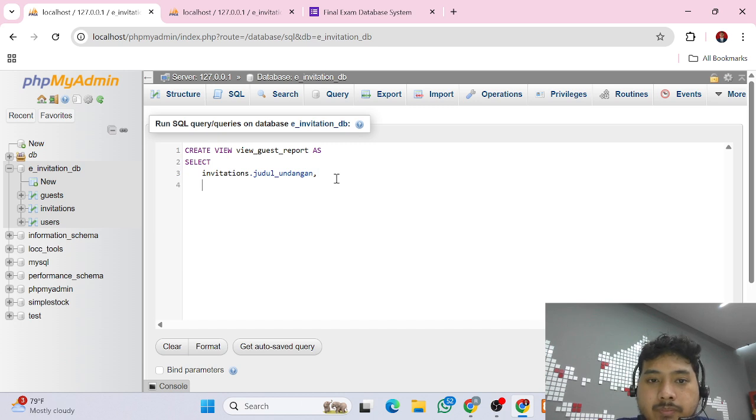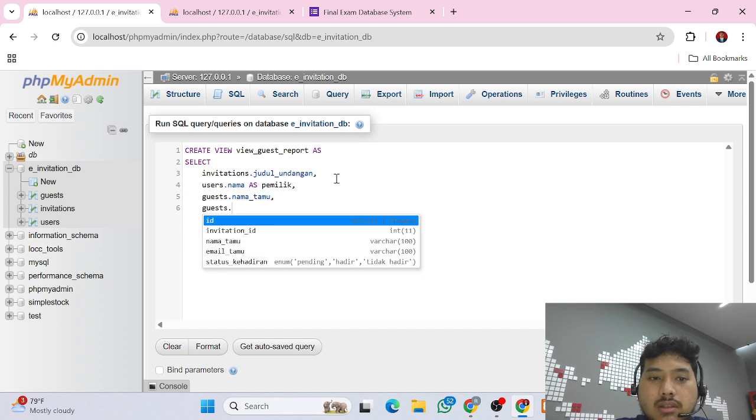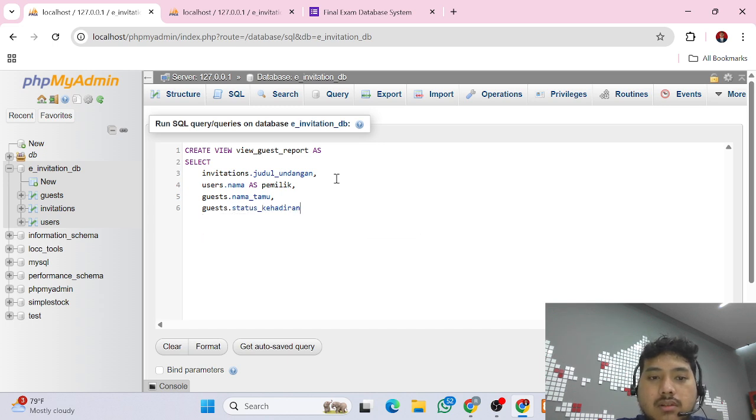Okay, and then users nama as pemilik, and then guest nama tamu, and guest status kehadiran.